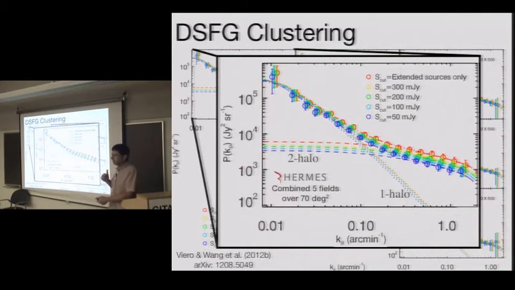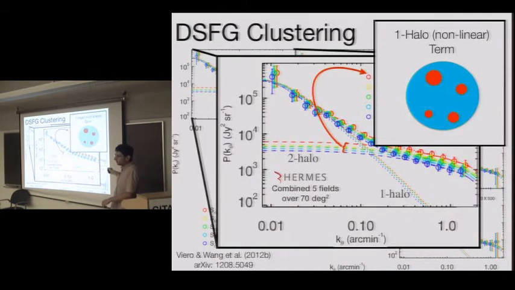So what I do instead is I chop off the bright things, right? I mask out everything that I can resolve, slice after slice, and see what it does to the power spectrum. And it turns out that it does quite a lot. It doesn't do much to the 2 halo term, this linearly biased dark matter, but it does a heck of a lot to the 1 halo term. So as I'm masking out sources, if they're sitting in these large dark matter halos, I would expect the 1 halo term to go down, and it seems clearly that it does.